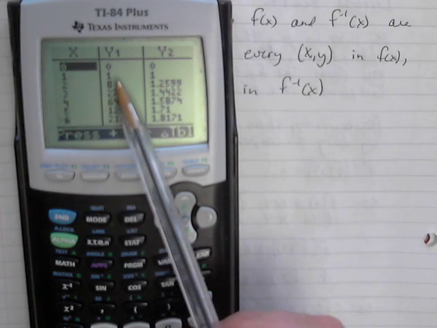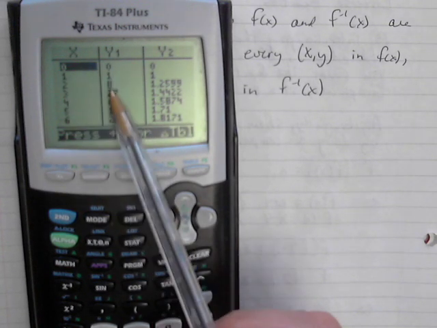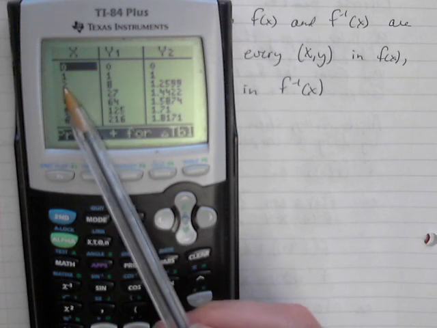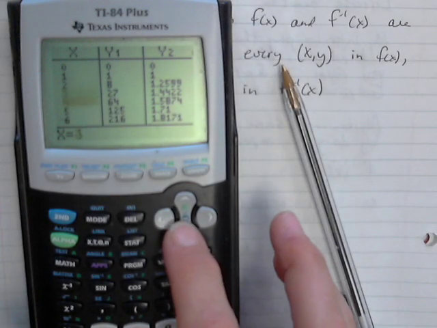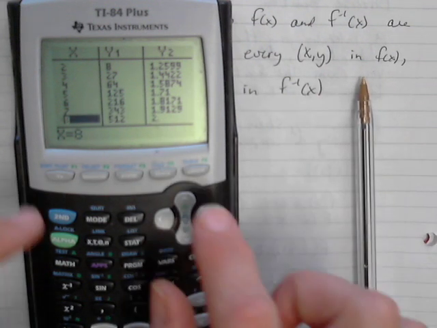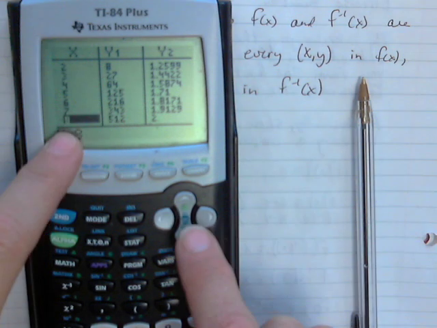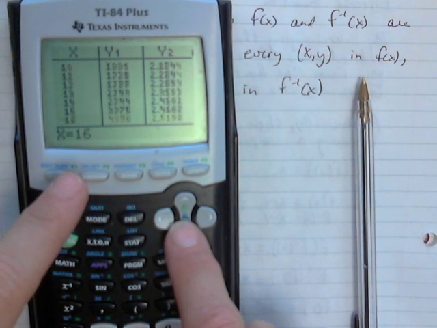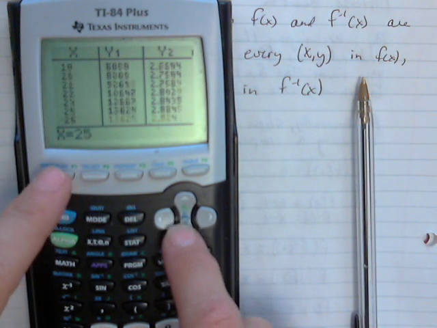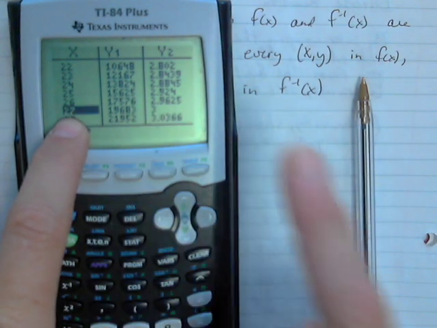So we're just going to run through a few of these x values here. And (0,0) and (1,1) are the same, but we're going to look to see if (8,2) is on the table of values. So we'll go down to x equals 8, and (8,2), this ordered pair, is on the inverse function. The next one was (27,3), so we're going to look at x equals 27, and (27,3) is on our